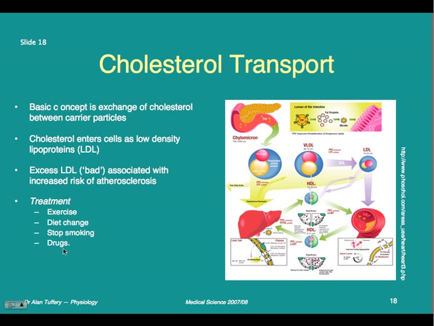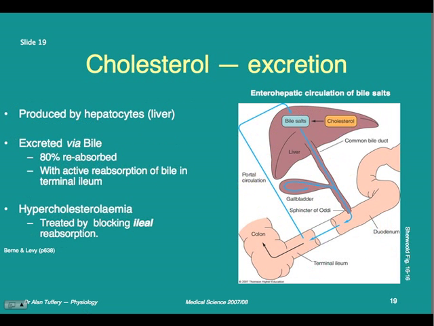And you can block the reabsorption of cholesterol at the terminal ileum. So it will then be excreted. So that can be one of the ways that there are drugs that do that, and you can explore that. I think it's the last slide, yes it is the last slide, which says exactly that. If you've got hypercholesterolemia, that's too much cholesterol in the blood, then you can block that by blocking terminal ileum